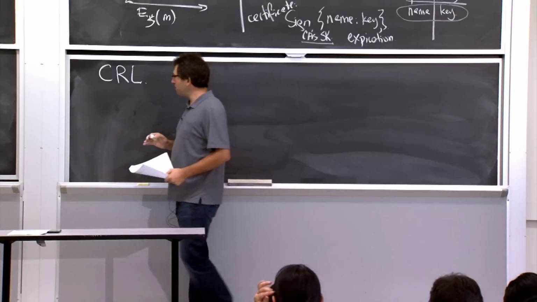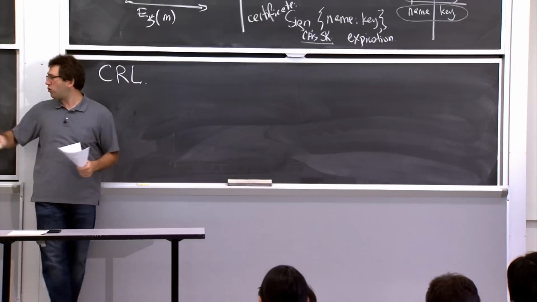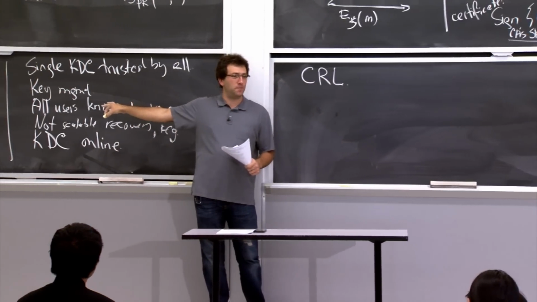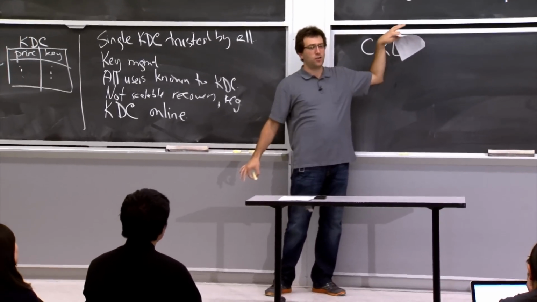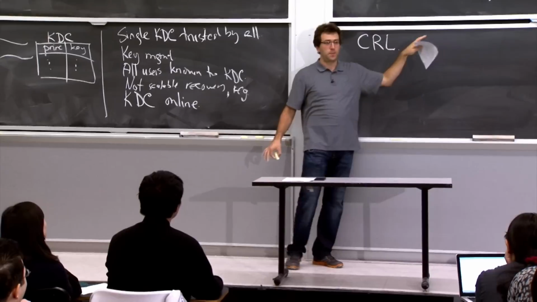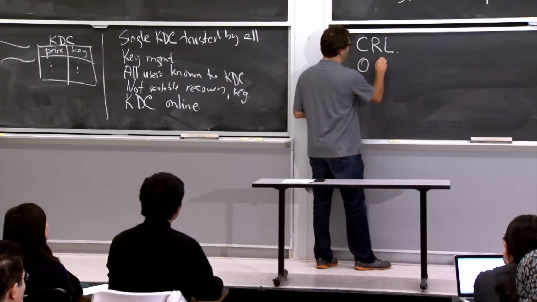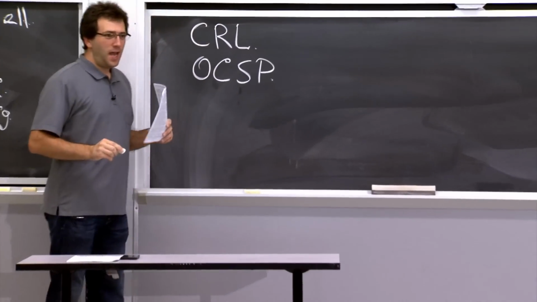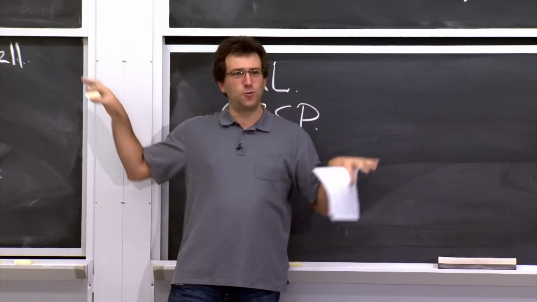The other thing that people have tried is to query the CA online. So in the Kerberos world, we contacted this KDC all the time. And in the CA world, we try to get out of this business and say, well, the CA is only going to sign these messages once a year. That's sort of a bummer. So there's an alternative protocol called Online Certificate Status Protocol, or OCSP. And this protocol sort of pushes us back from the CA world to the KDC world.